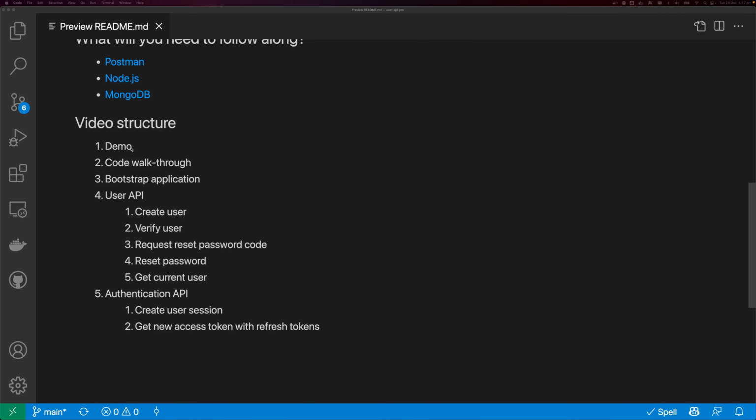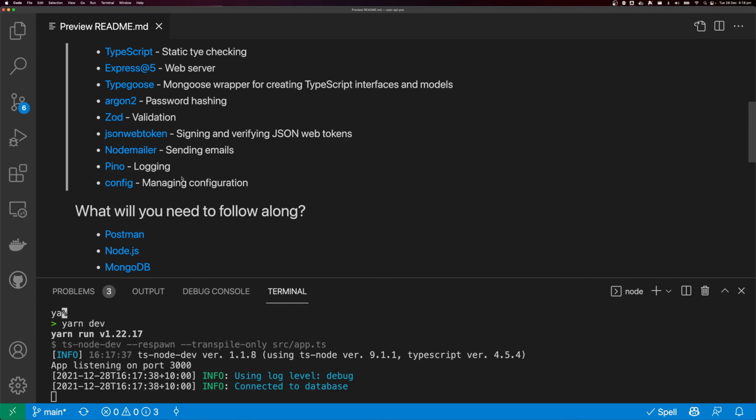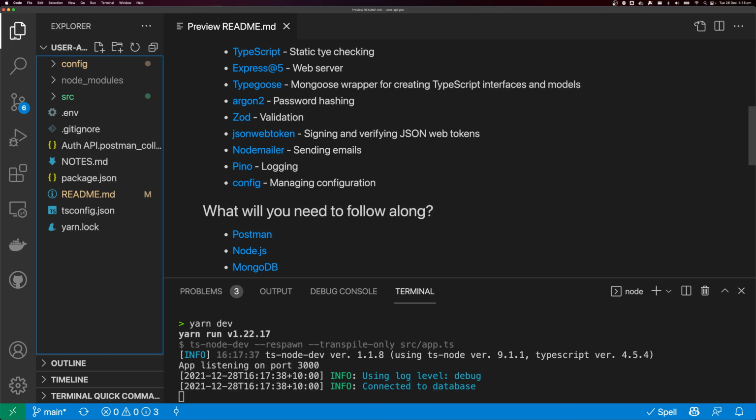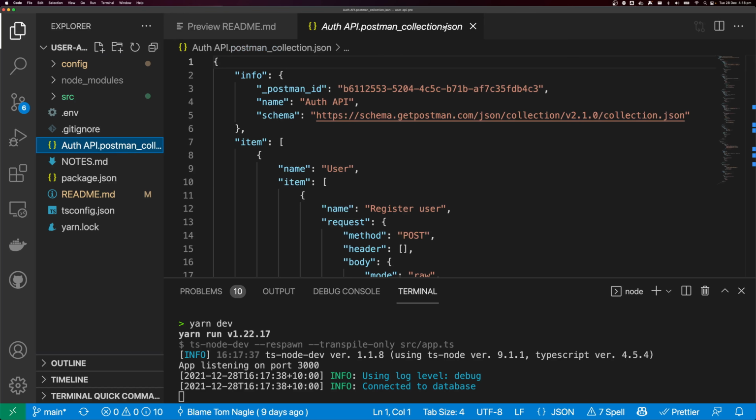We're going to do a demo, and then we're going to do a code walkthrough, and then we're going to get started building out the application. So if you would like to test out the application before you start building it, or you want to follow along, there will be a link to the GitHub repository in the description below. And in that repository, you will find a Postman collection JSON file. So you can import this JSON file into Postman,